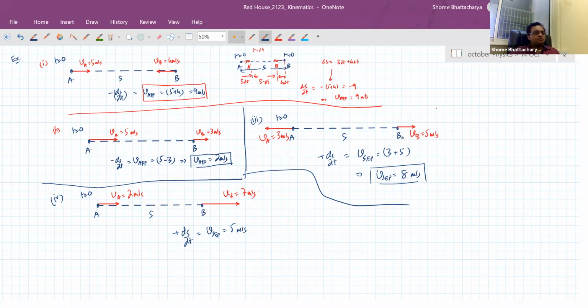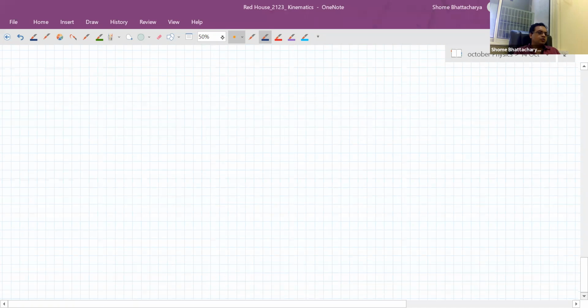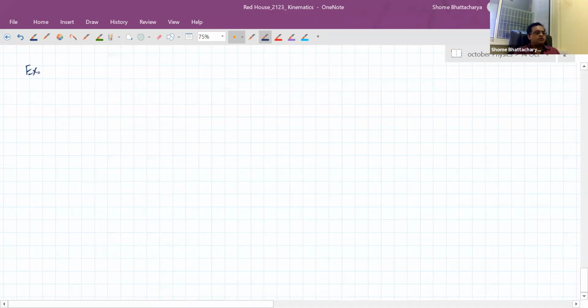Okay. Whereas in the fourth case, if you're in A's frame, then B's relative velocity looks like 5 meters per second going away from A. So it has a separation velocity of 5 meters per second. Okay. So this is the simple one-dimensional case. Now the thing becomes more interesting once we are outside one dimension and we take into account the angles at which velocities are occurring. So let's again start with a somewhat simpler situation.